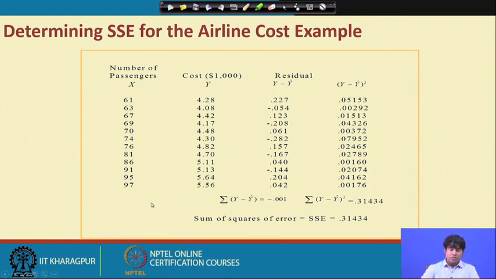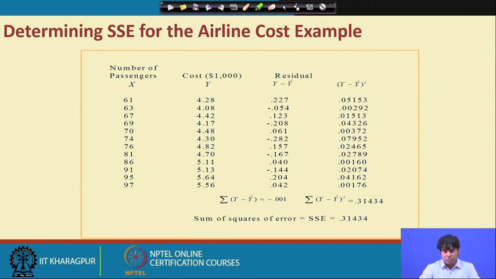This is the actual data; we have already discussed that this is x information and this is y information, and this is the residuals, which is nothing but y minus y hat. Y hat is not reported here, but we can obtain it by using the estimated equation y hat equal to alpha hat plus beta hat x, and ultimately we will get the residuals,